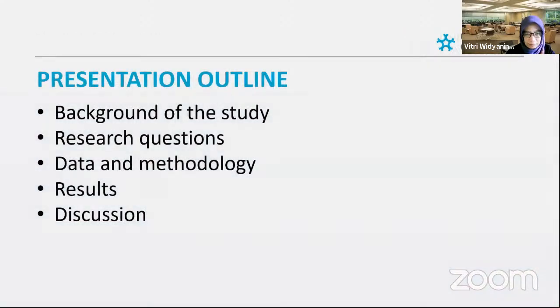In my presentation today, first I will label the background of the study, followed by a discussion of the research questions that we try to address in the paper. That will be followed by a discussion of the data and methodology used in our analysis in the paper. And then I'll discuss some of our key results, followed by a discussion of some key